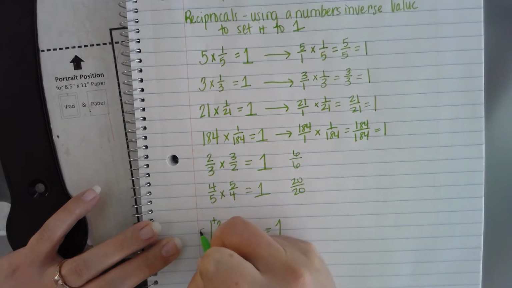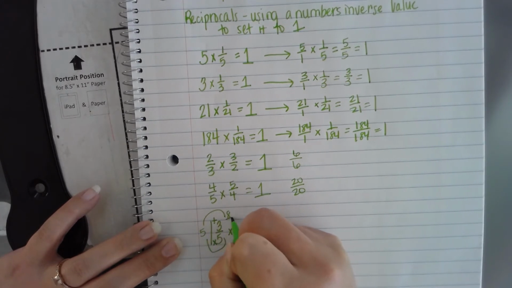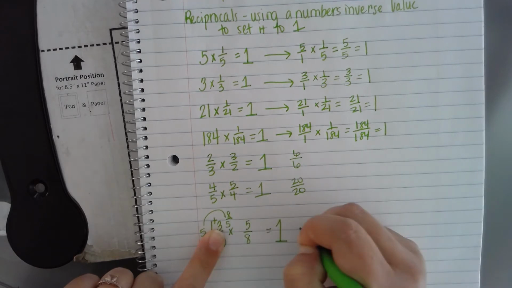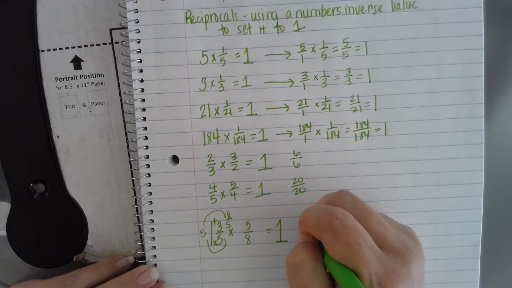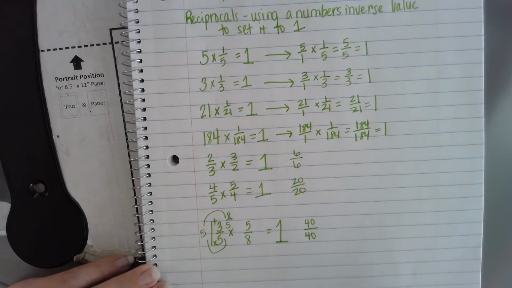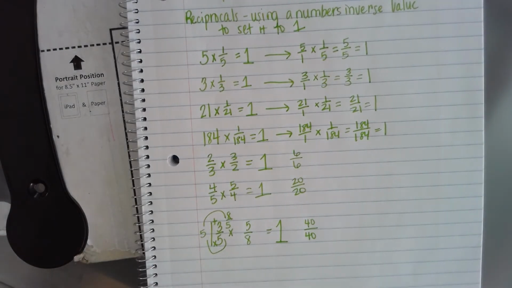So 5 times 1 is 5, plus 3 is 8. So we have 8/5. So we're going to flip it over into 5/8. And that'll get us 40 over 40. Okay? Now,